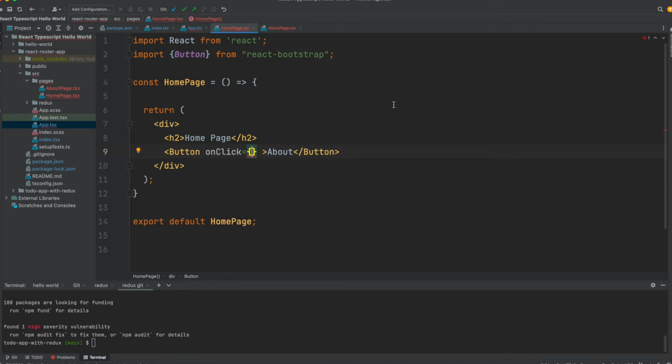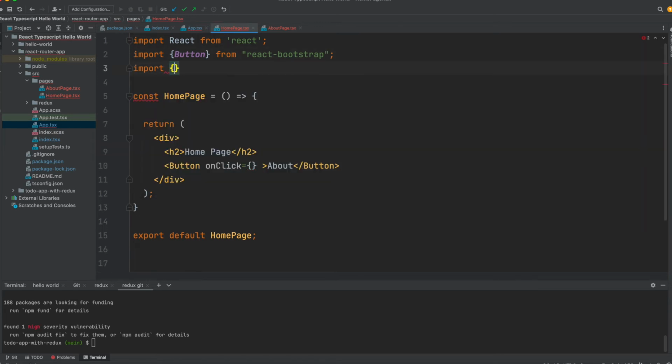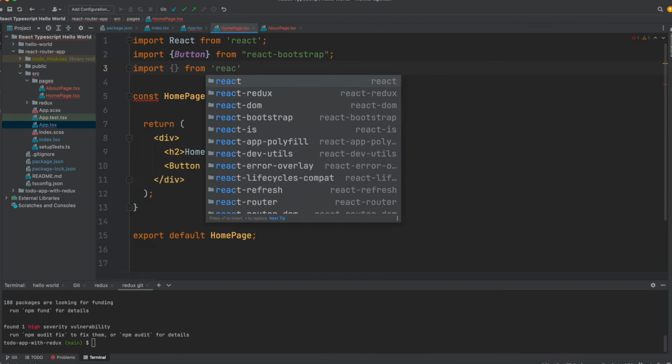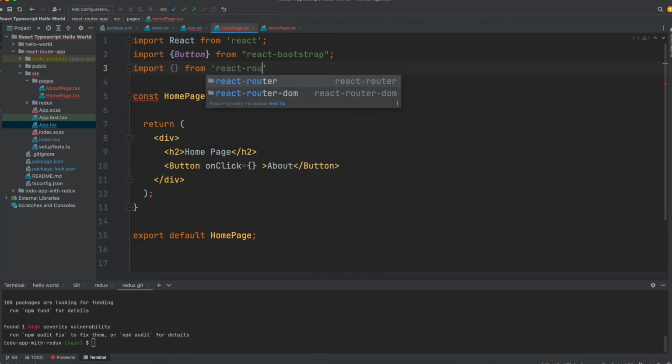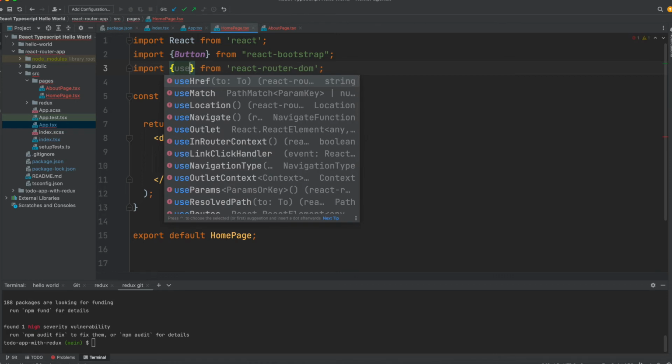There is a function in React Router DOM that is called useNavigate. So this is the place where we can just use it. It's very simple. You can just use it and you will get used to it. React Router DOM. And this is a hook, so useNavigate,